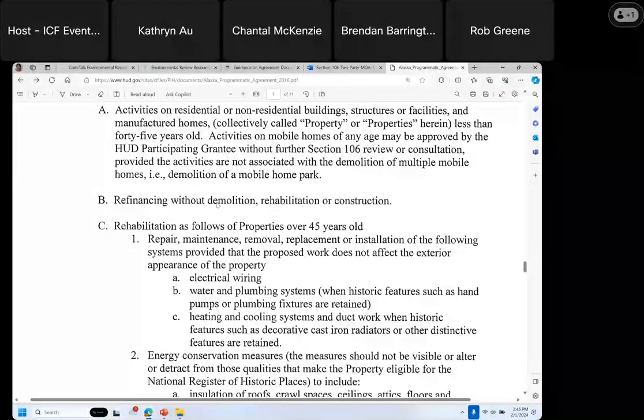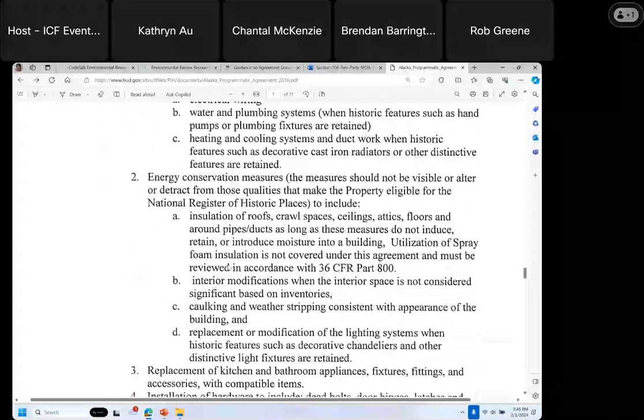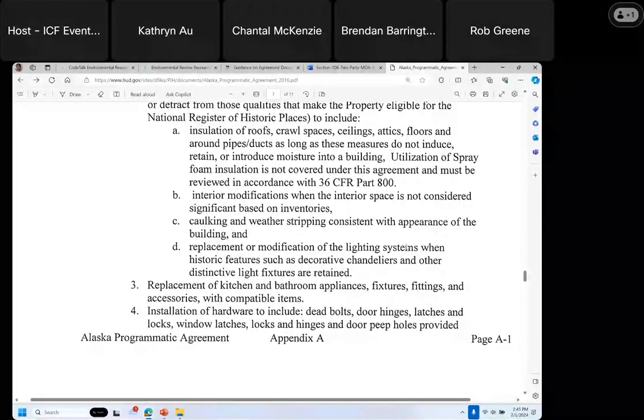refinancing without any physical activities, rehab of older properties if they include only the following. So interior work such as electrical wiring, water and plumbing, heating and cooling, as long as they retain any historic features. Weatherization, so non-spray insulation, caulking and weather stripping, replacement of lighting systems,